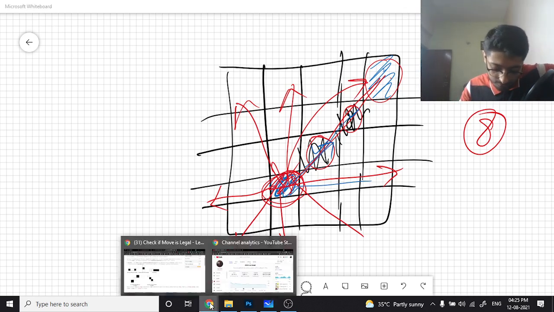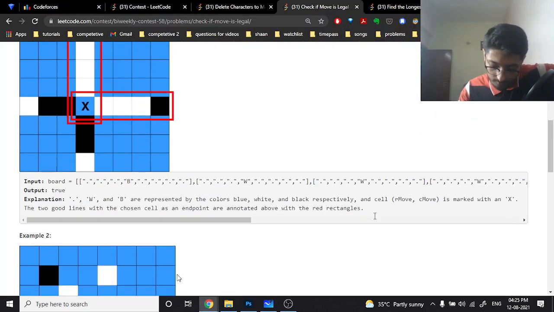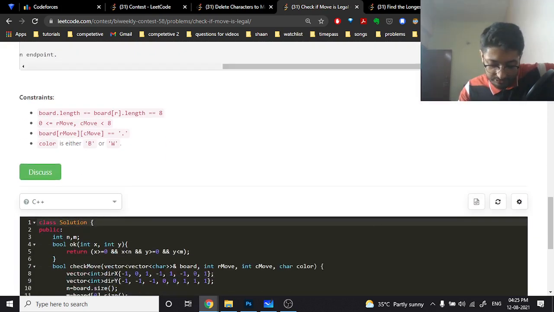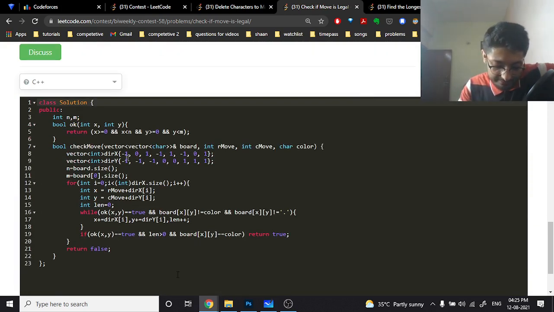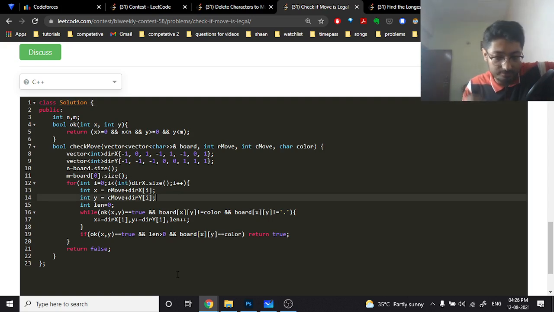I can show you the code part now. There are 8 possible directions. You can first write down all the 8 directions like this, the x direction and y direction, so both dimensions. Then you'll iterate over every possible direction. For every direction you have a starting point, the point on which you are, which is like r, c. The next point is just adding the x and y, which is r plus the row move, c plus the column move, the current direction you want to go. And then the current length is 0 because there is no element.